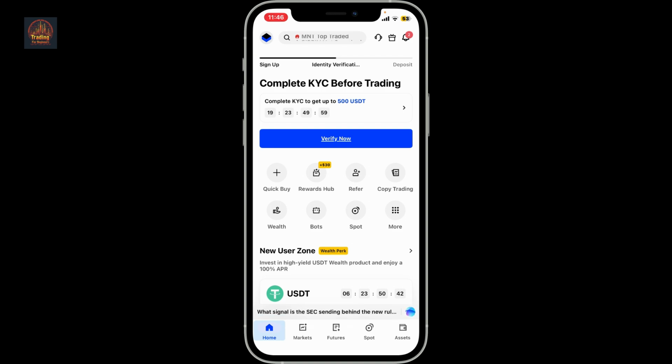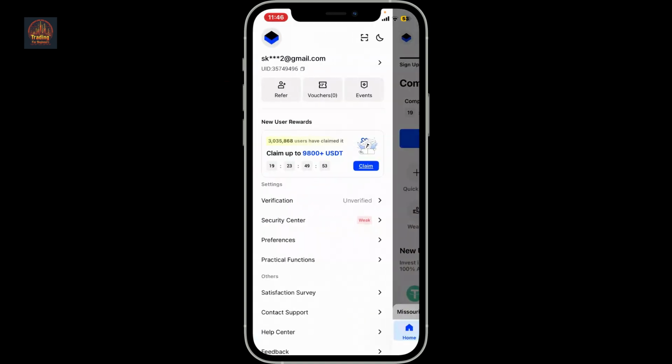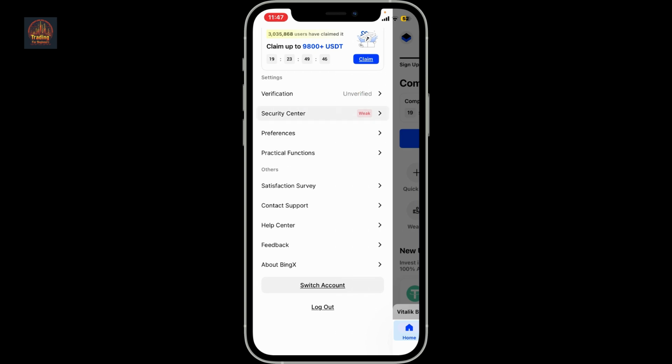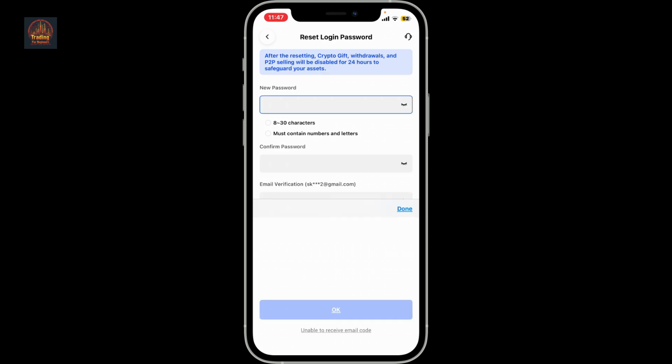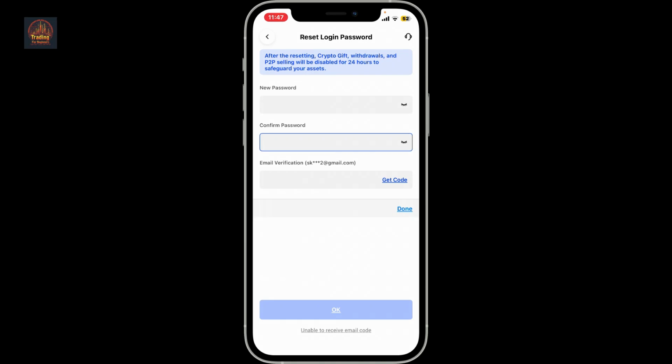From the homepage of BingX, go to the top left corner and tap on your profile icon. Now from the expanded menu, scroll down and click on Security Center. Under Security Center, tap on Password at the bottom and then enter the new password you want to change to in the next page. After typing down your new password, go to the next field and enter the new password